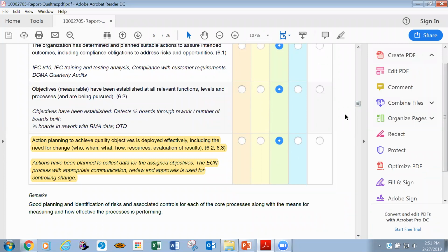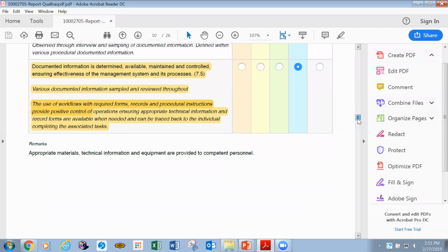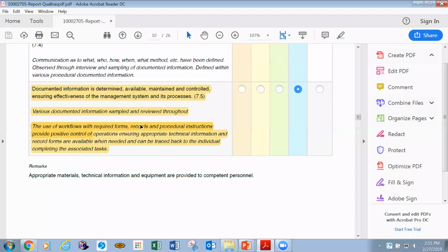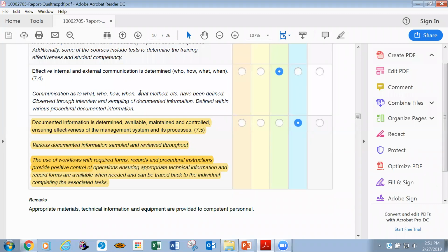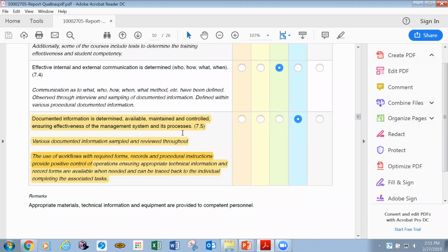And of course, we got the compliance. The use of workflows, documented information, a huge portion. This used to scare us prior to this last year, since we started implementing workflows, was our documented information. Is it current? Does it have all the headers on it? Does it have all the dates? Does it have all the footers on it? Is it in the right folder? Having the workflow sort of alleviated all of